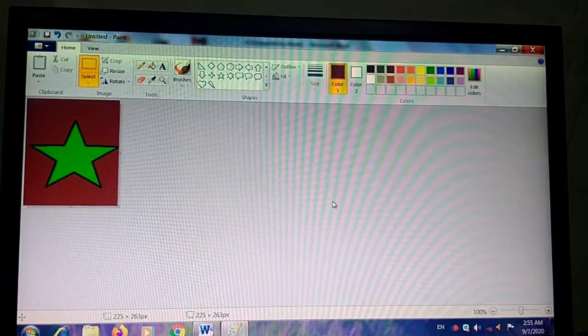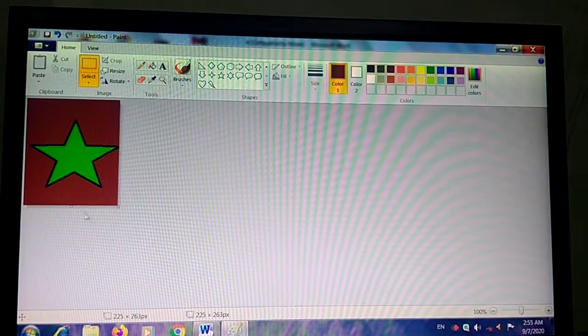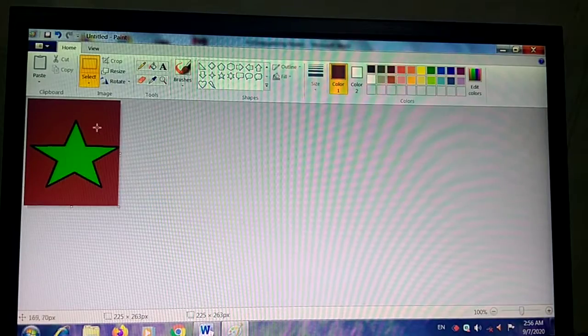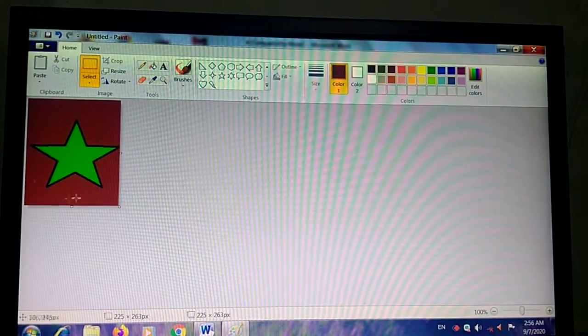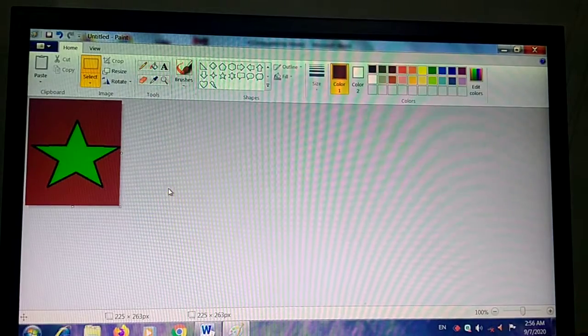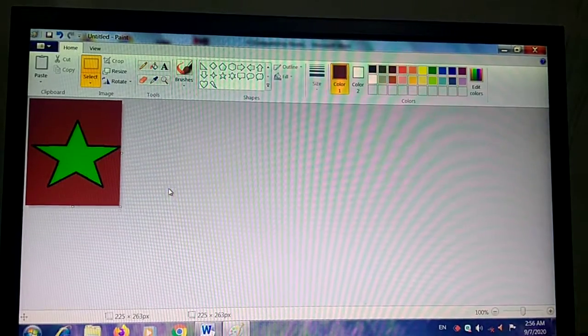You can see all the other images have been deleted from here and only the cropped image is shown to you on your screen. Now to save the cropped picture as a new file, click on the Paint button.